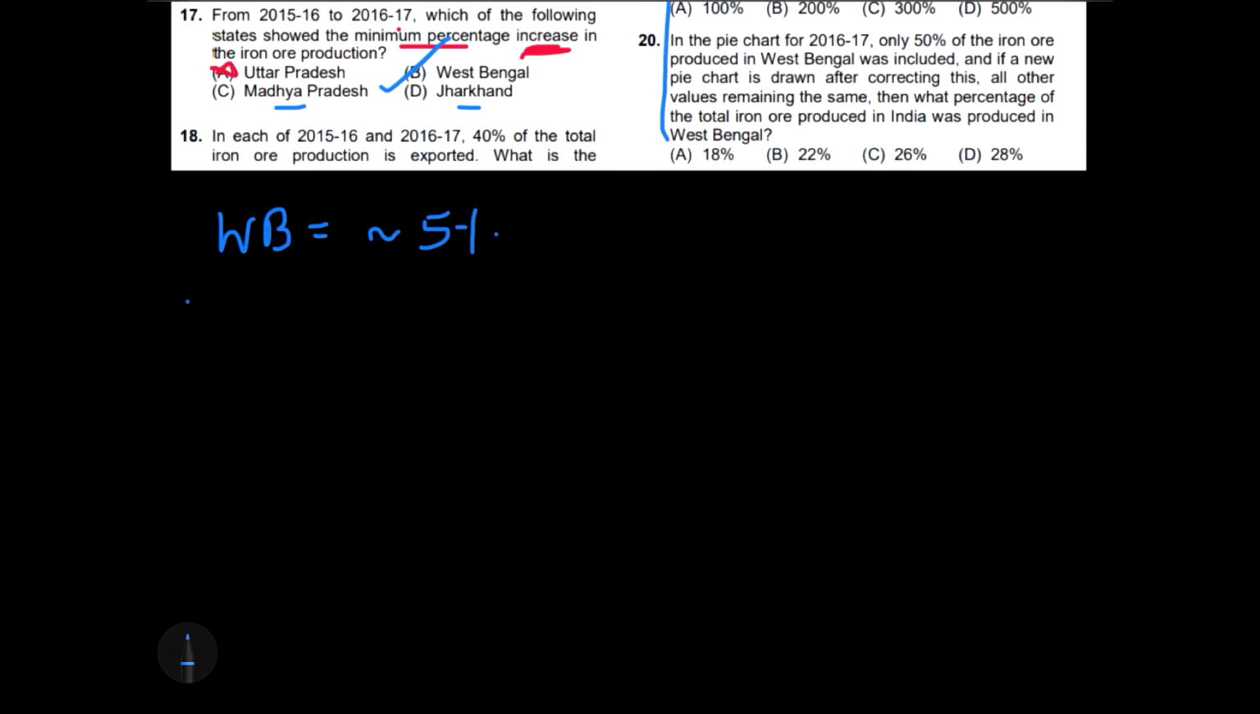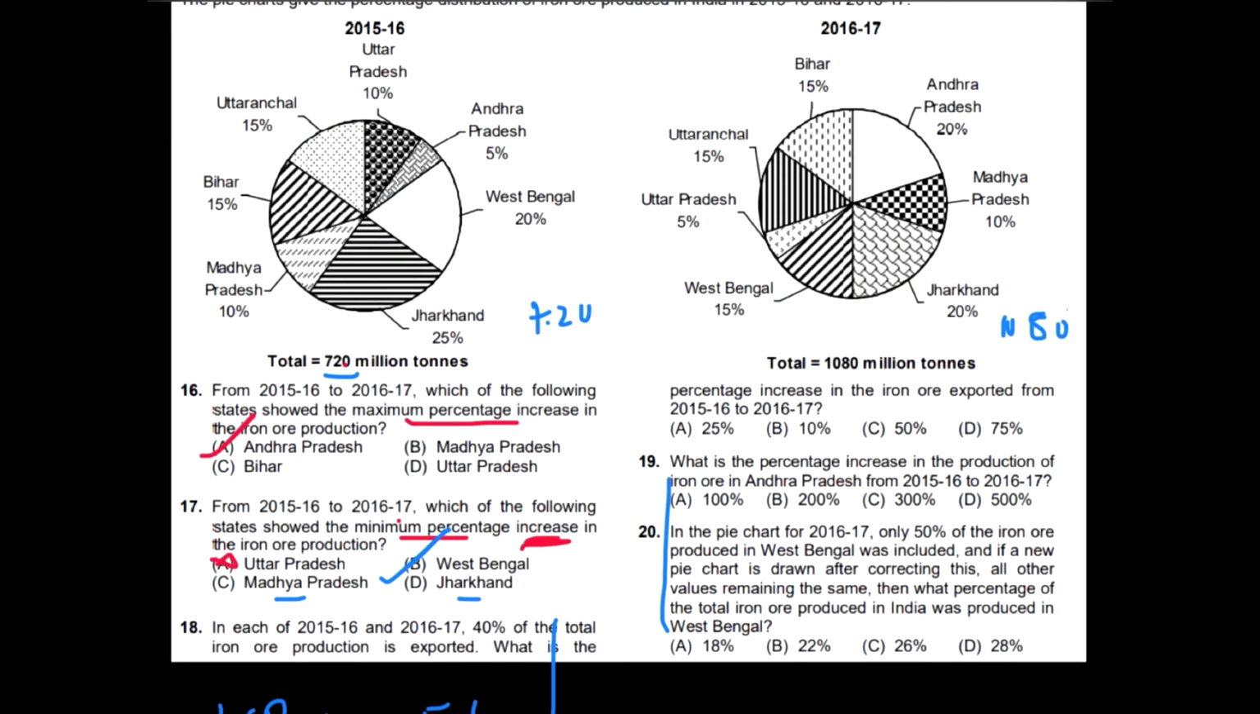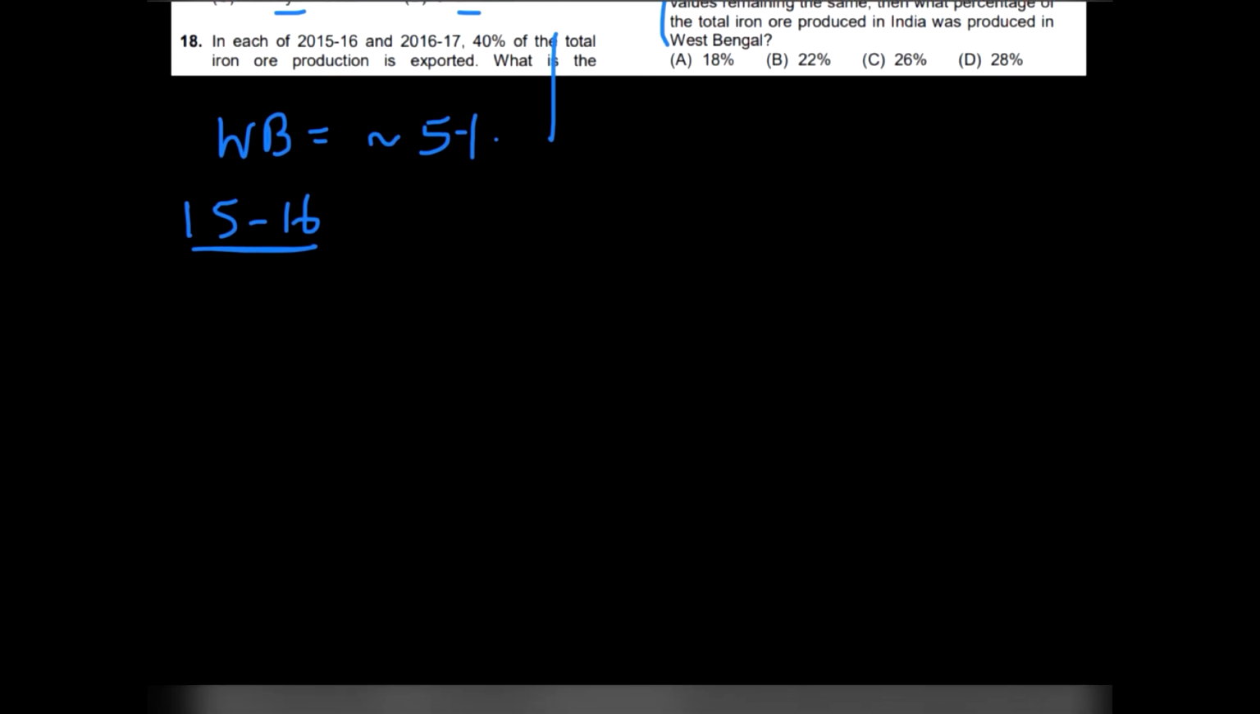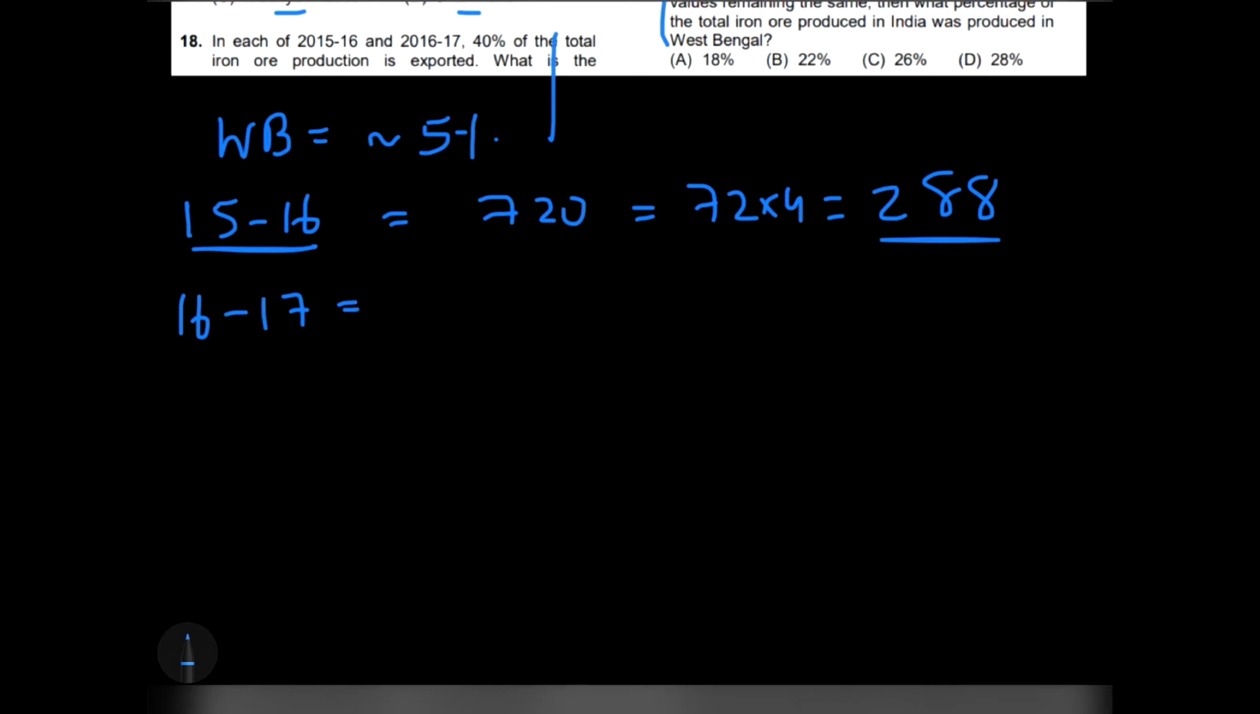First of all, I know that in 15-16, that is the year 15-16, or I think the year was 16-17. Let me just check it up. The year was 15-16. I was right. So in the year of 15-16, we can see that the total is 720. So 40%. Now guys, as I told you, please focus on your faster calculations. So if you just do 72 into 4, you will get the answer, and that is 288. 288 is my value which I get, that is 40% of my 15-16 year, and for the 16-17 year I am going to take